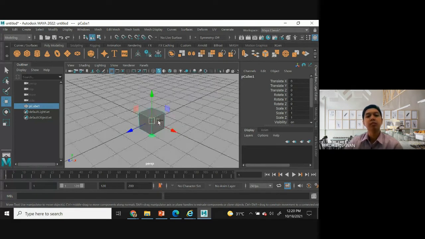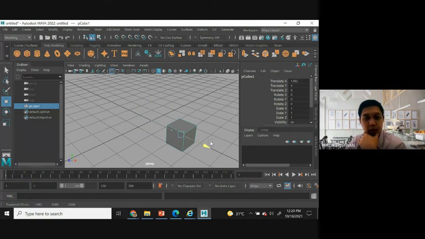In Maya, the 3D object can be translated in X, Y, and Z. You can use this arrow, and I recommend you use this arrow.